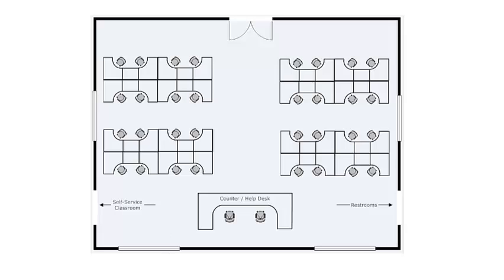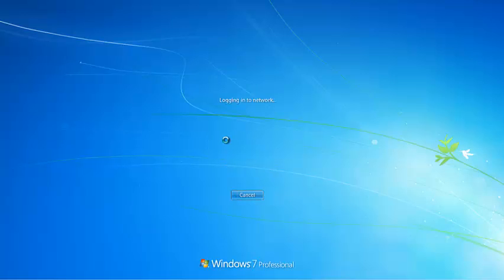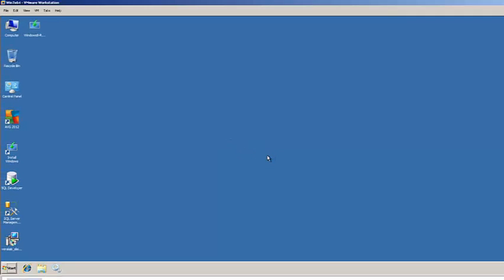Let me give you an example. So here we have a client station. It is hooked up to a Novell LDAP directory, and I enter the username. Let's say the username is tomato, and the credentials, password. So VeraLab at this point validates the credentials. It looks up the account record in the directory, and allows the user to log in to the workstation, and then that's when